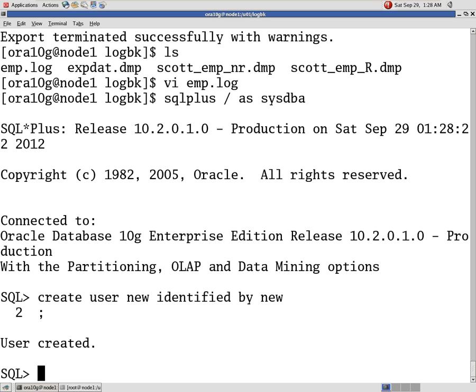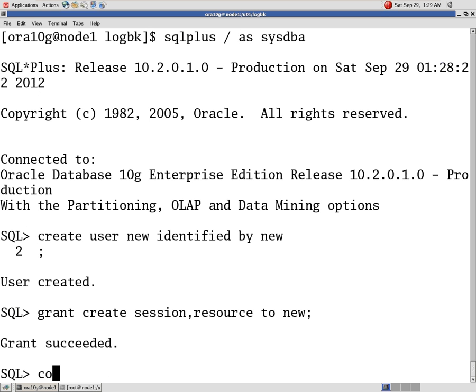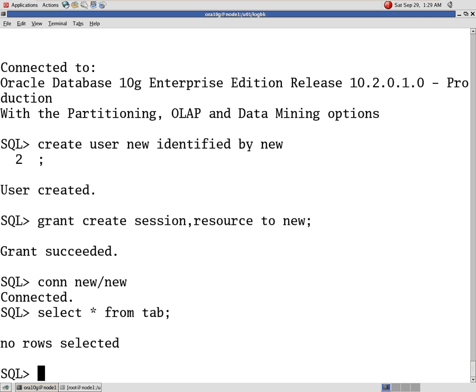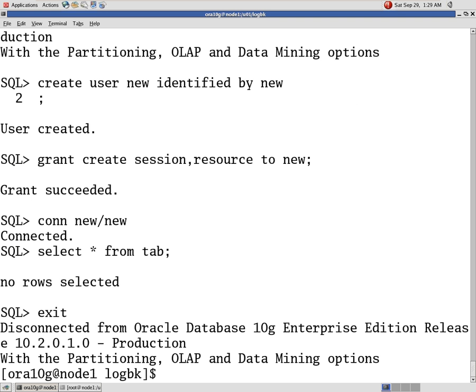I'm giving permission: grant create session, resource to new user. Granted. Now I'm connecting to the user, connect new / new user, and here select star from tab. I don't have any table. Now we'll export the table, import the table.